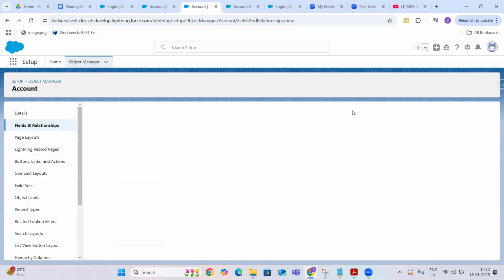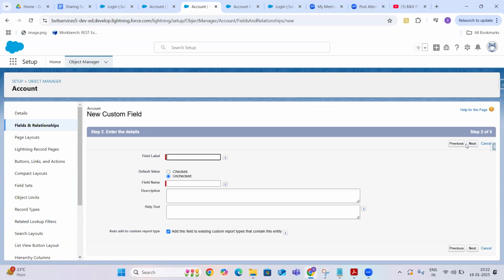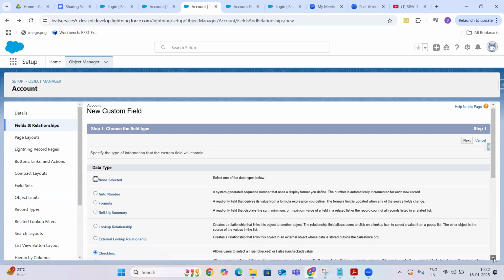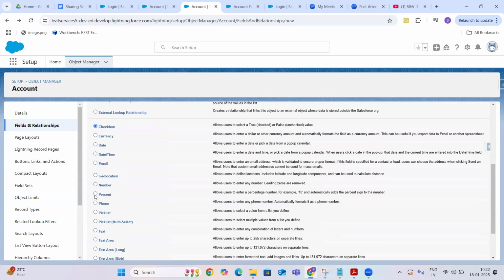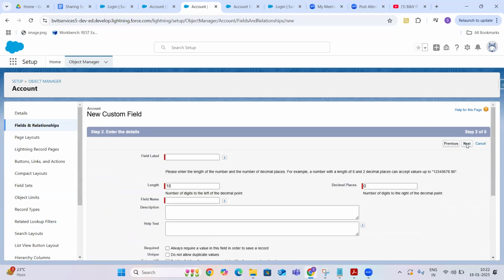Whenever you are trying to create any field, for all the fields, you will be seeing the defaults, either checkbox or non-checkbox, number or text or email, you can take any one.